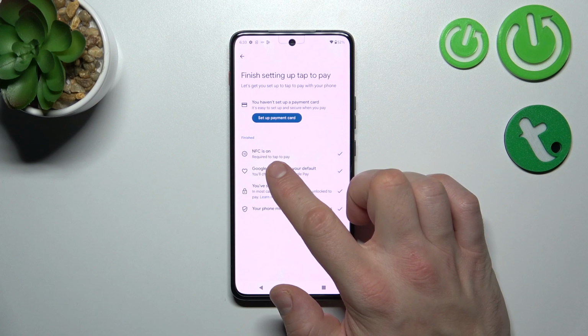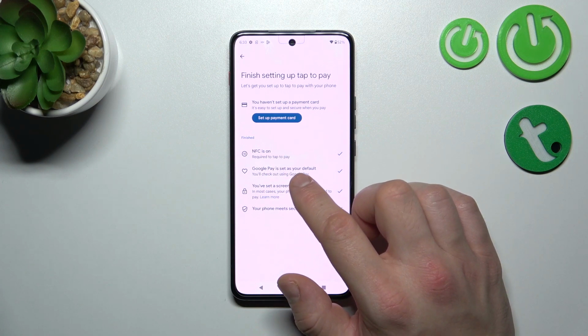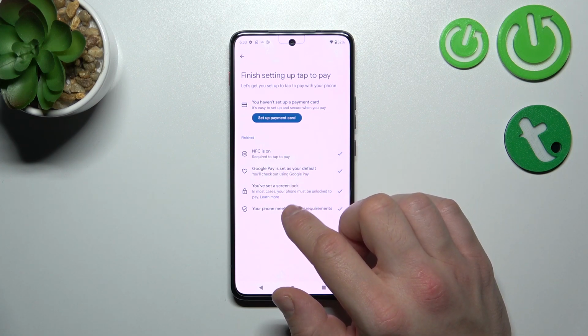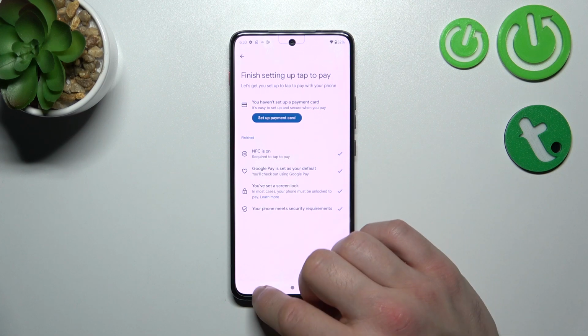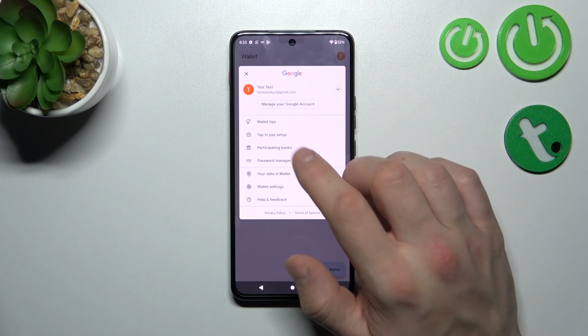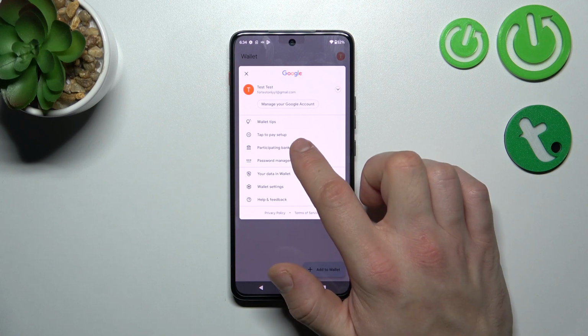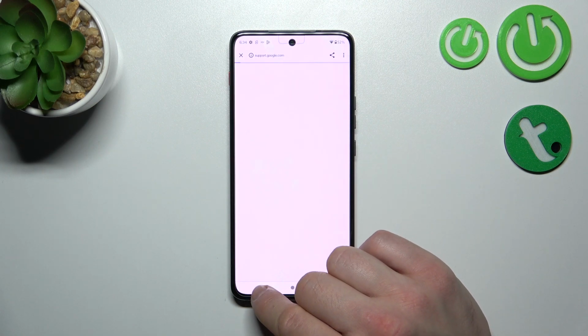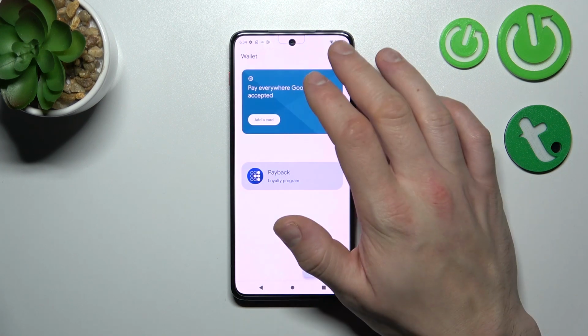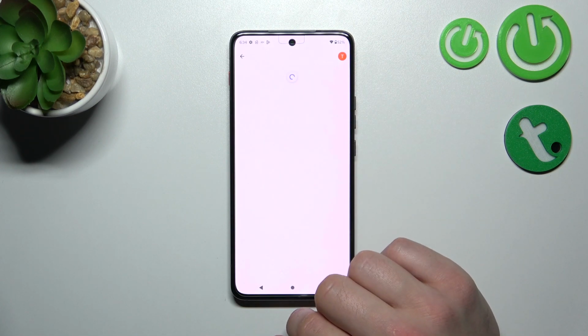set up payment card, check if NFC is on, if Google Pay is set as your default, if you've got a lock screen set and if your phone meets security requirements. You can enter your Google account, check full list of participating banks, enter password manager,